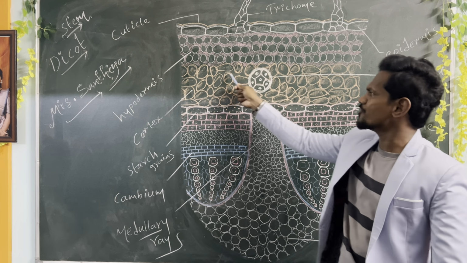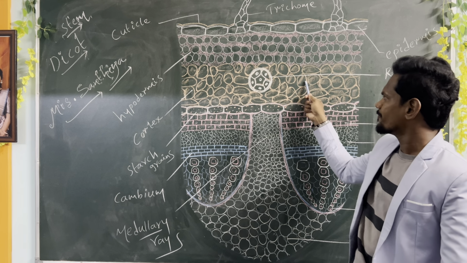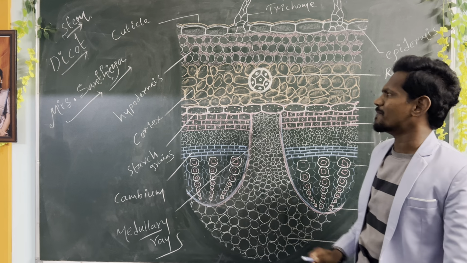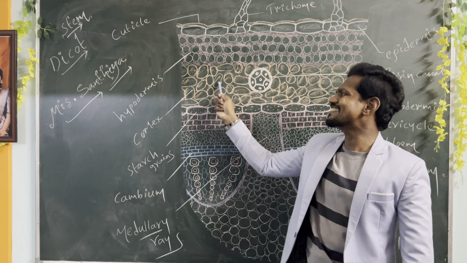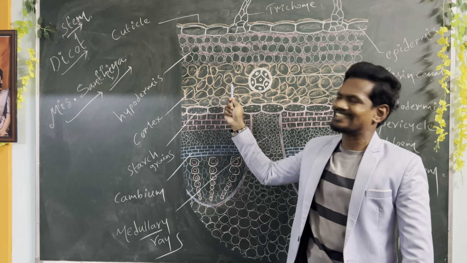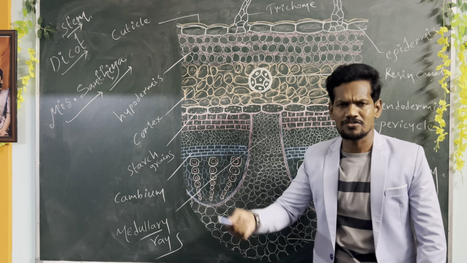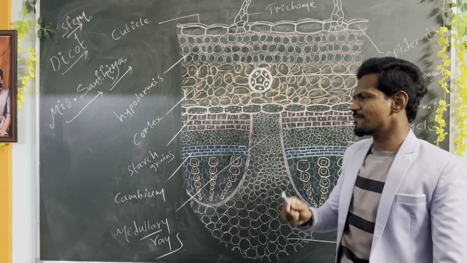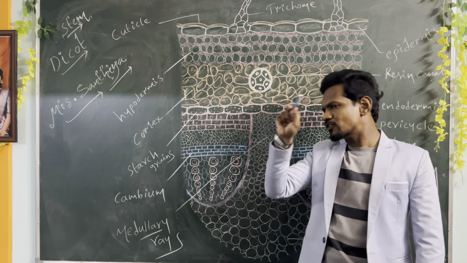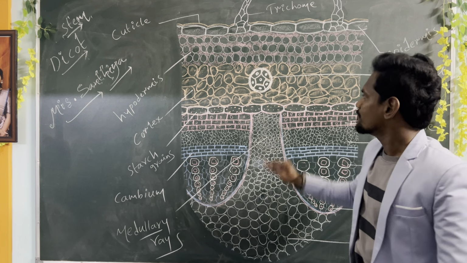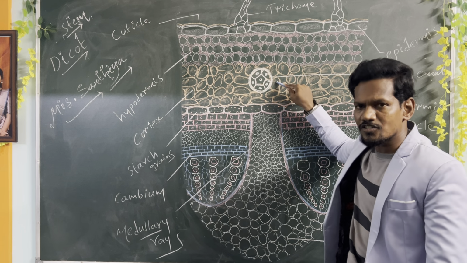Then followed by parenchymatous cells arrangement. Many layers are arranged. Those cells are parenchymatous cells. Huge intercellular space is present. Thin cell wall we could observe in the cells, known as general cortex or simply cortex. So this general cortex's main function, you knew well, is storage. Same like root. In roots, general cortex encloses the number of glands, but in the stem,